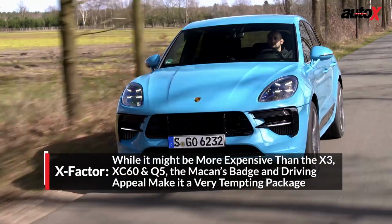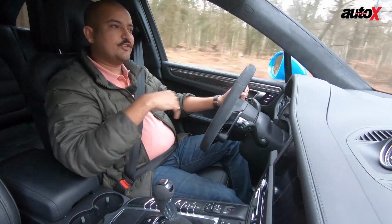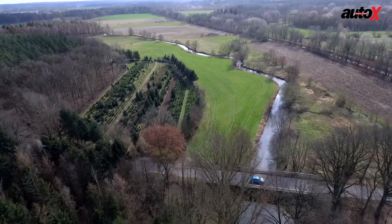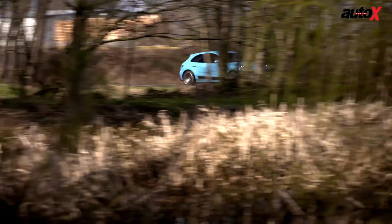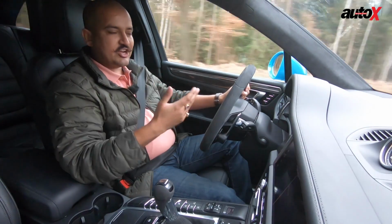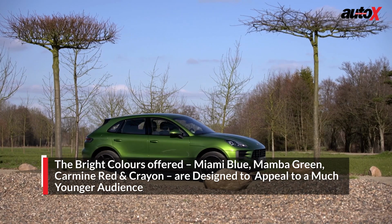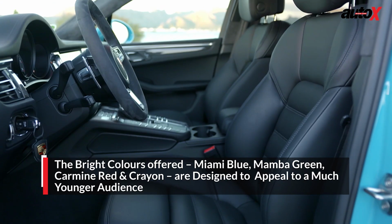With the overall quality, with the overall driving appeal, with how the Macan looks, especially with the new bright colors that they're offering, what happens is, I was talking to the project engineer yesterday, that when you've sold over 400,000 units of the car, you've got a lot of user feedback that you can use to refine the car when it comes to a facelift or a brand new model. And what they're seeing, especially in developing markets like China or India, is that people really want to express their style through their car. That's why you get a color like the Miami Blue, a Mamba Green, a Carmine Red. And with the amount of personalization you can do inside,